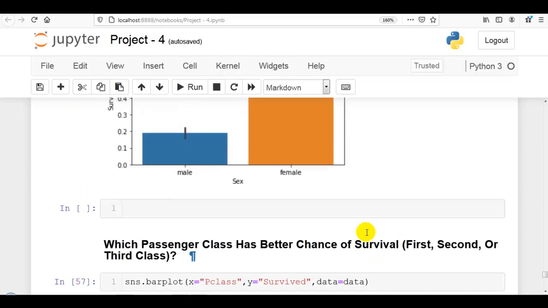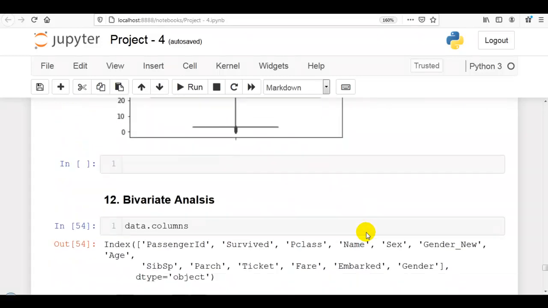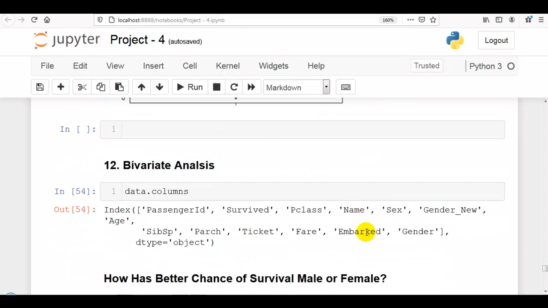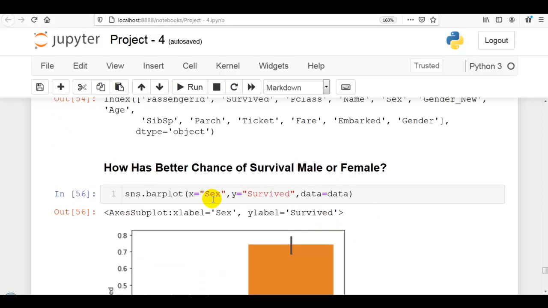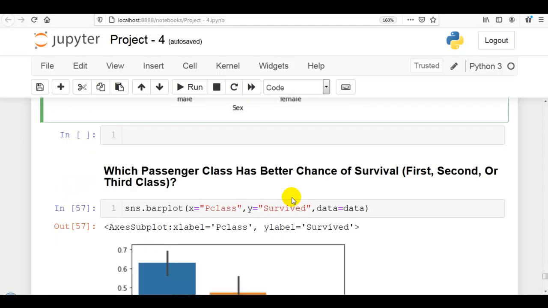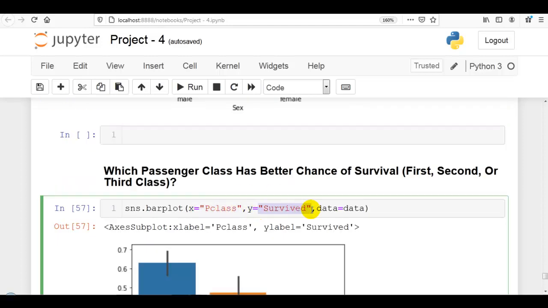This way we can perform bivariate analysis by taking two variables at a time. It deals with relationships. We have used two columns, here sex and survived, and here pclass and survived.